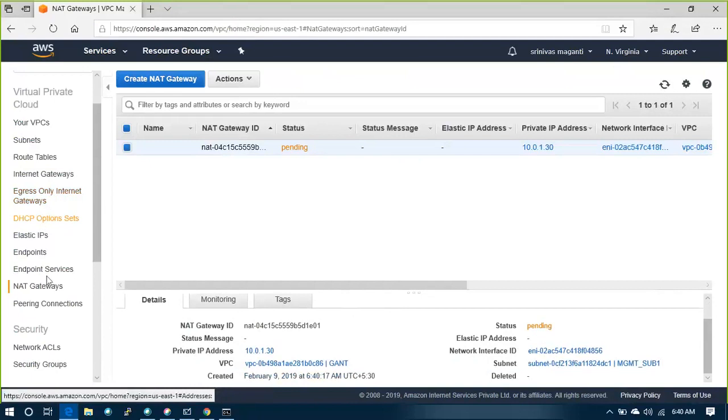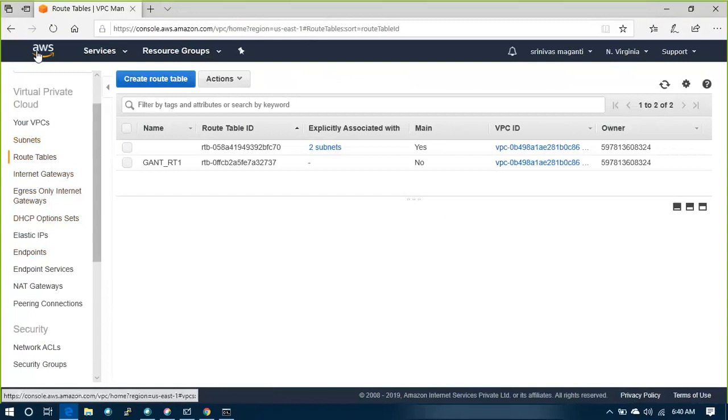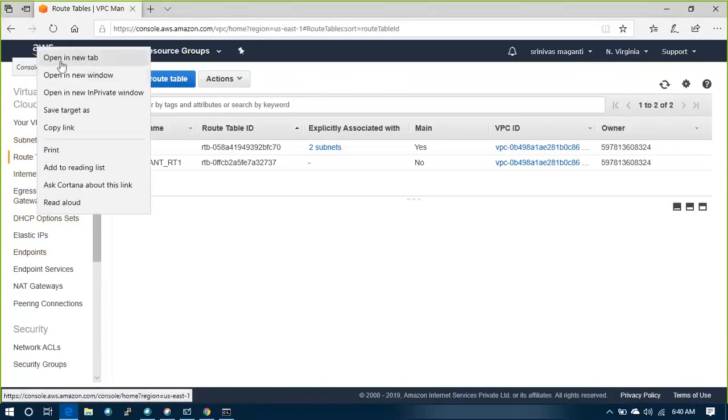In the meantime, what I will do, I will go to route table and I'll open another window.